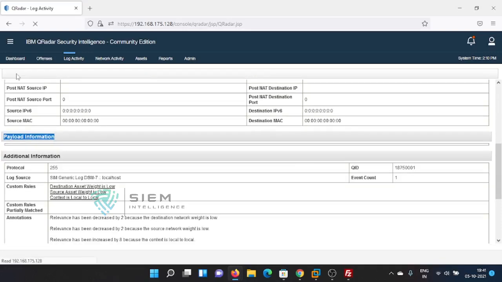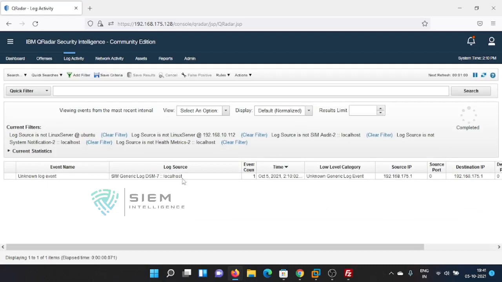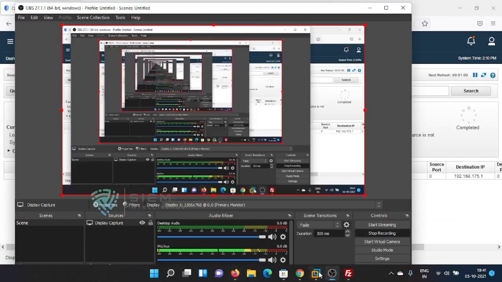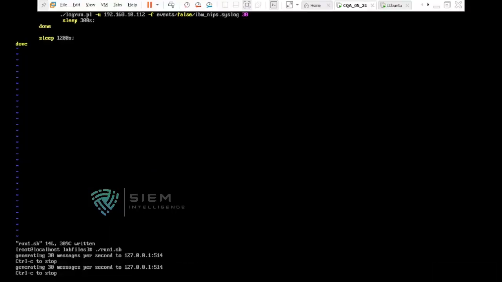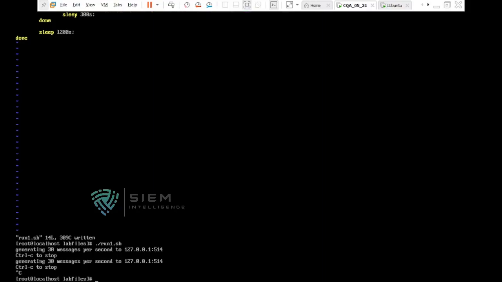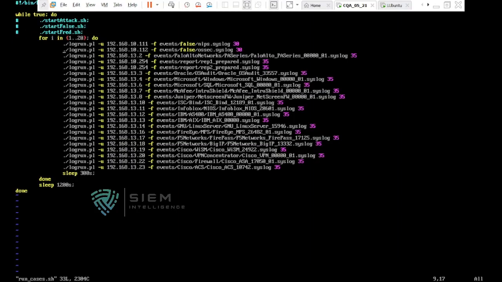So okay, I think my system is not able to send because of some issue, but the thing remains the same. You can use this particular way, or you can just use this particular thing only. You can do run_cases.sh. Over here you can replace with your log, any one thing. You just replace with your IP followed by your syslog. Over here there are so many things available. You can use any one of these in your code.